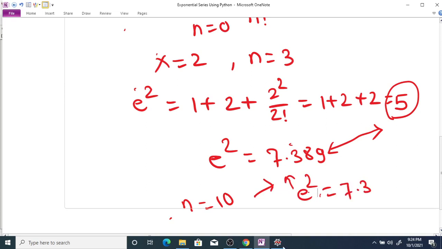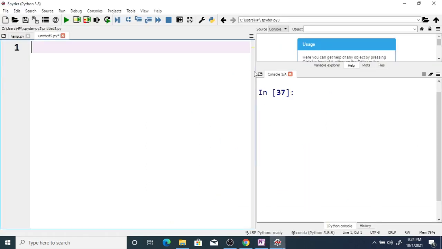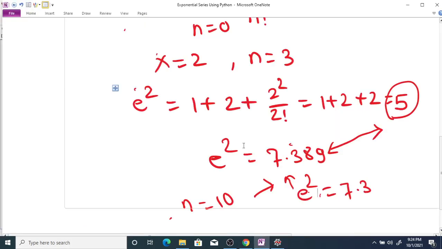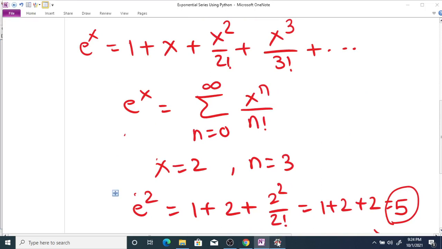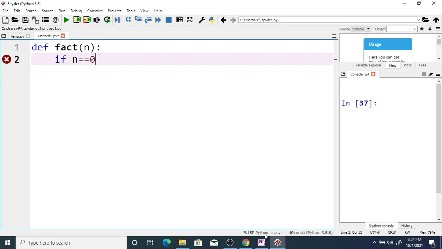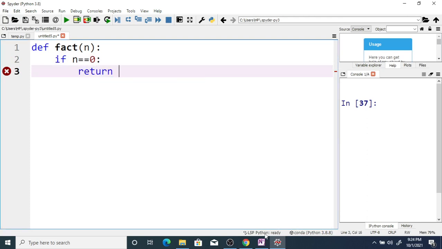So now we are going to code this using Python programming. First we want to write a function for factorial, because what is the general formula to find a series? It is the exponential series x raised to n divided by n factorial. So now define a function, say fact n. Now if n is equal to 0, then in that case the factorial is return 1, else